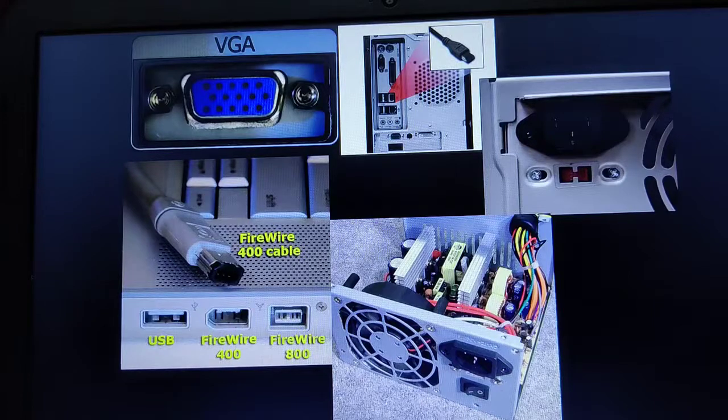This FireWire is most commonly found on audio and video devices like digital camcorders and video equipment connected to the computer system. Digital camcorders are your digital video cameras.